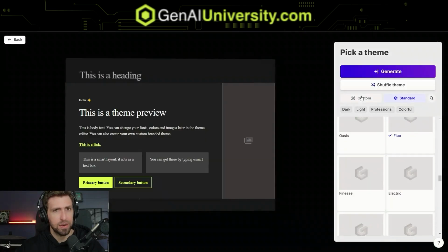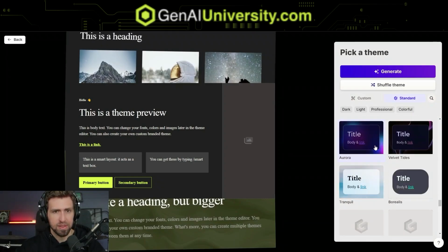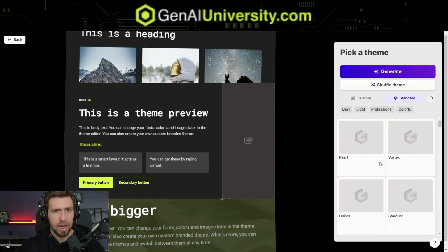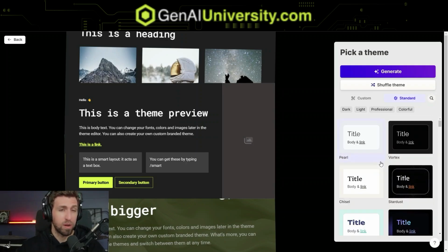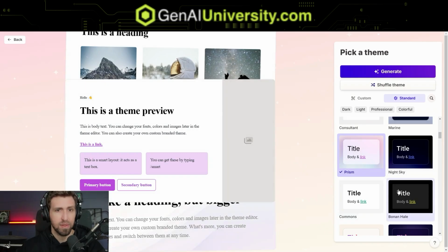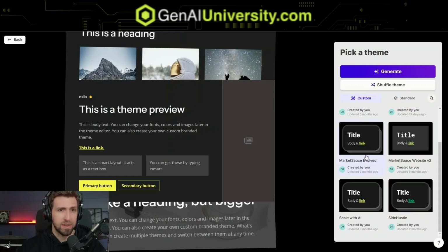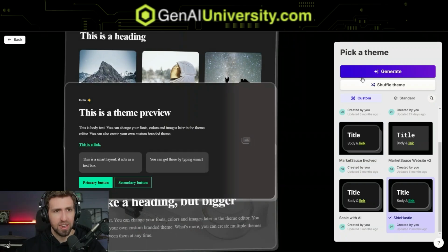And to continue, you'll have the option to use a number of different pre-built templates inside of Gamma. And I've already gone through and modified one of these templates to match the SideHustle branding. So I built that off of one of these templates, which you can see a number of different styles, light, dark theme. You get the picture. And I'm just going to simply go over to custom and customize it with my SideHustle. And so that's just going to add the branded colors and any theme that I've already applied to it. And then I'm going to select generate.